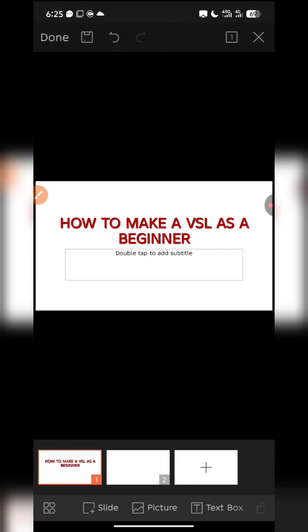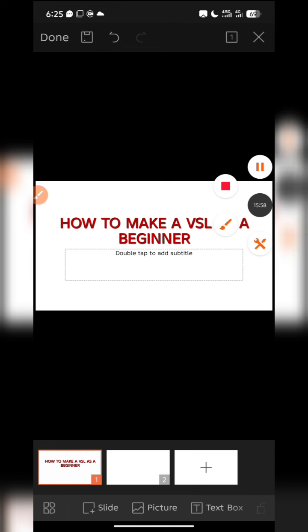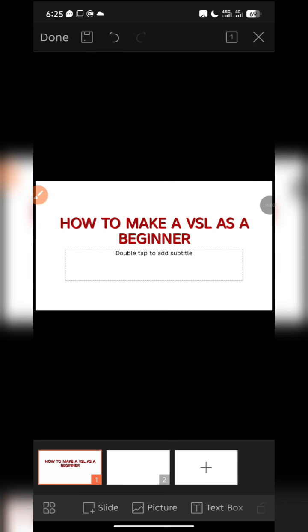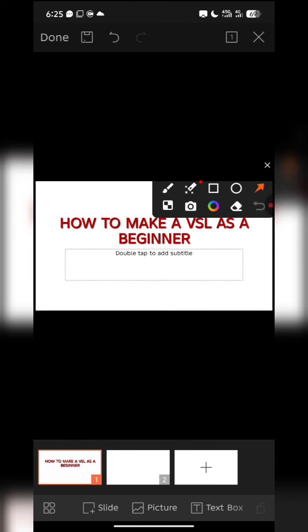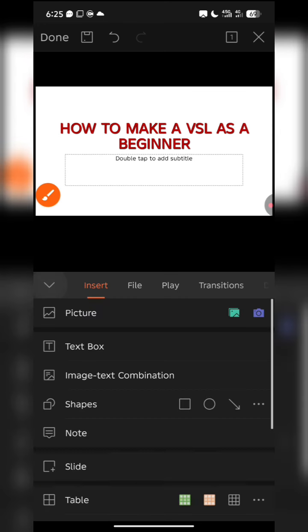Now let's take for instance you're done creating the whole VSL. You want to now do something. Now what you want to do is very simple. You now want to record it. To record it, you can either use this X recorder that I'm using right now, but then it will capture the whole thing on your screen. X recorder can also be used to capture a portion of your screen, but I'm not going into that, right? So now you click here, then you go to the part that says